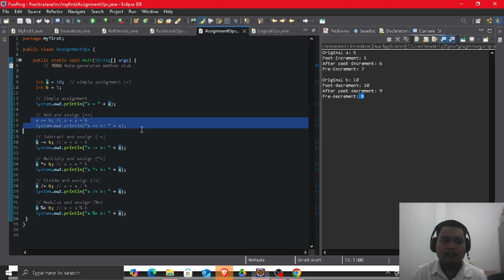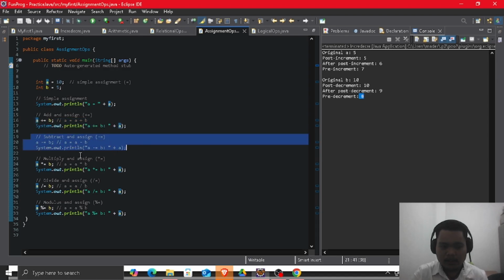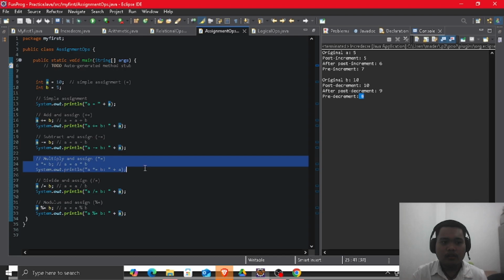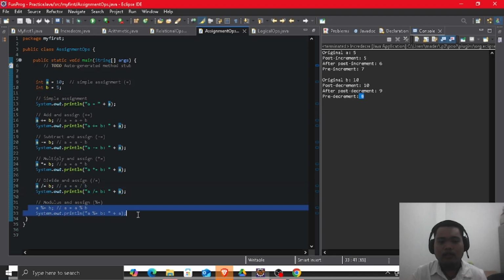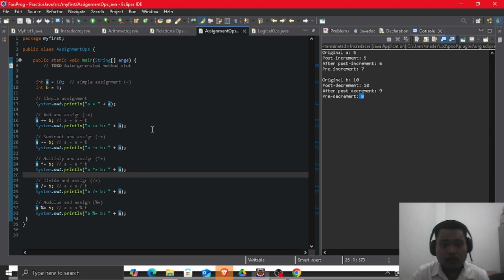Lines 16 and 17, the add and assign. Lines 19 and 20 for the subtract and assign. Lines 23, 24, and 25 for the multiply and assign. Lines 28 and 29 for the divide and assign. And lines 32 and 33 for the modulo and assign. So if we run this program,